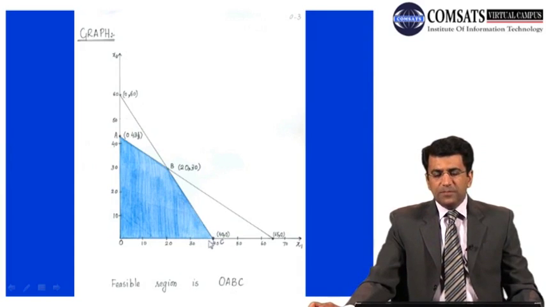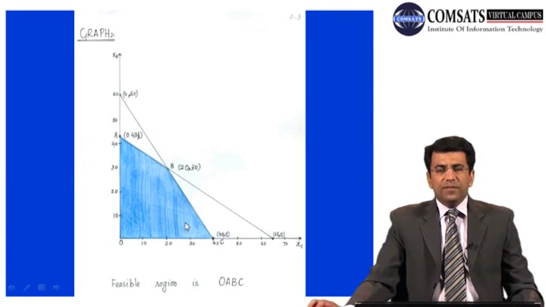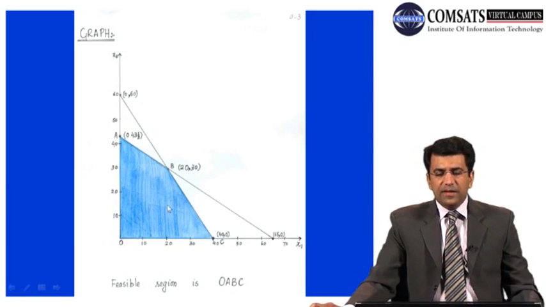The next feasible point in this particular case is point C. At point C, the value of the x coordinate is 40 and the value of the y coordinate is 0. So we have 4 corner points in this particular case, that is O, A, B and C. The x and y coordinates of the points O, A and C are already known, but the value of B is not known at this stage, but we can calculate it by using the simultaneous solution method of linear equations.